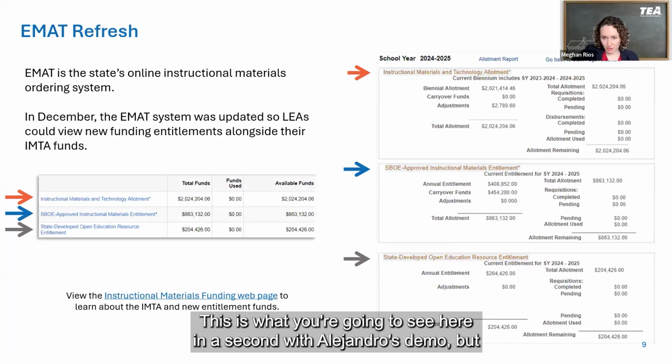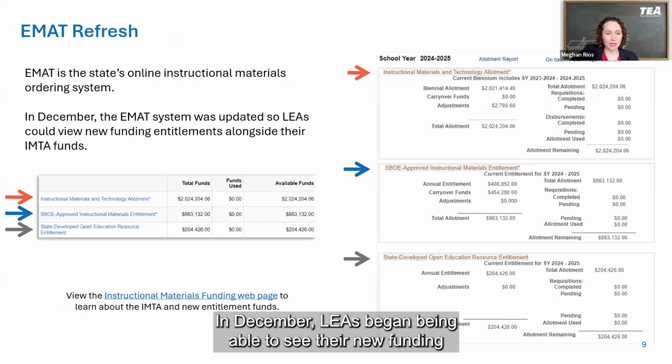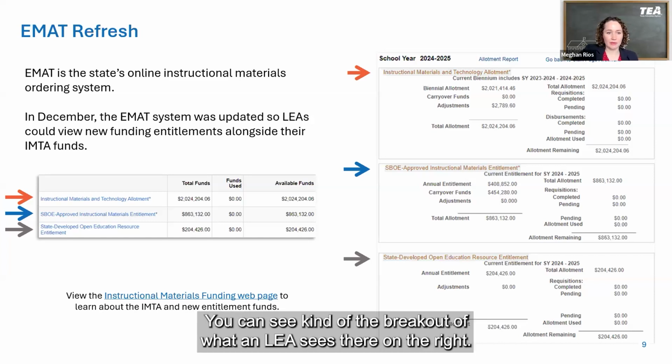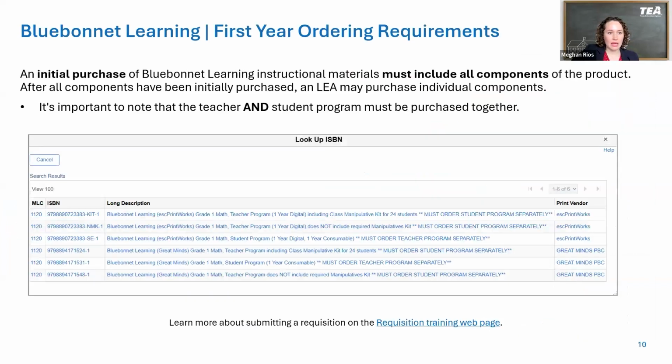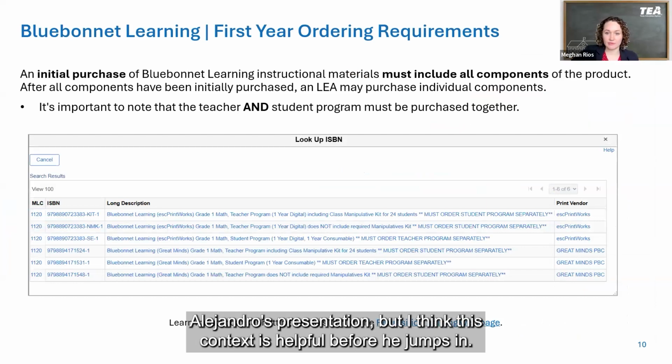This is what you're going to see here in a second with Alejandro's demo, but EMAT, again, is the state online ordering system. In December, LEAs began being able to see their new funding entitlements at 40 and 20. You can see the breakout of what an LEA sees there on the right. And then we're going to double click on this after Alejandro's presentation, but I think this context is helpful before he